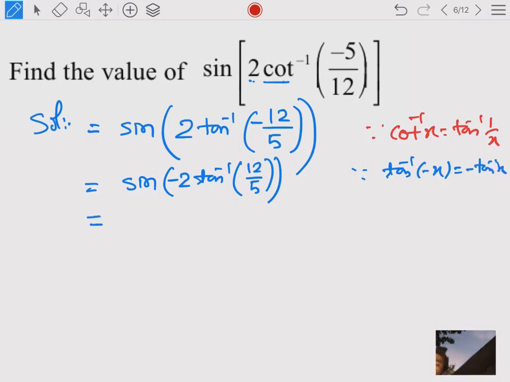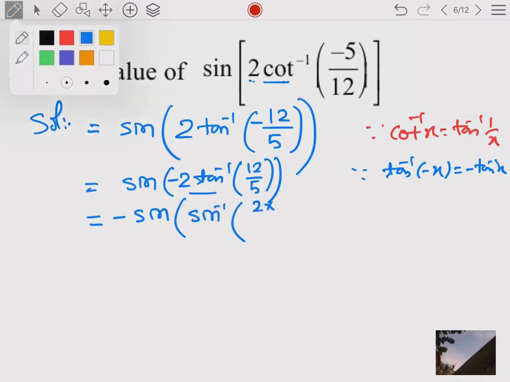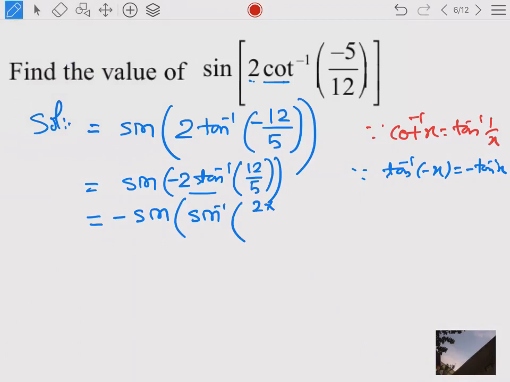Now sine minus theta is minus sine theta, so minus sine, and 2 tan inverse x can be written as sine inverse of 2x. Here x is this, so 2 into 12 by 5